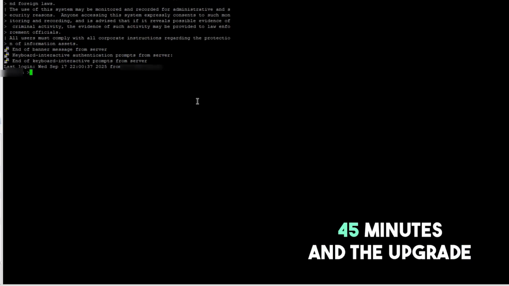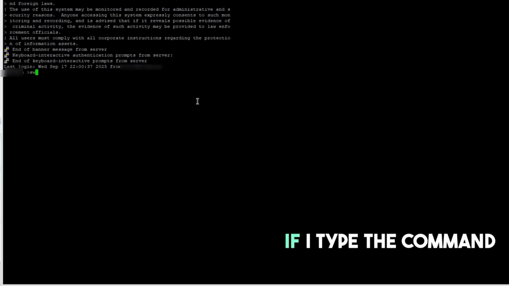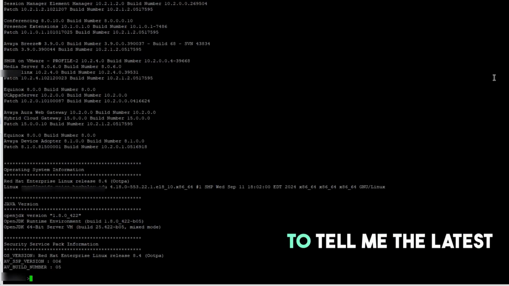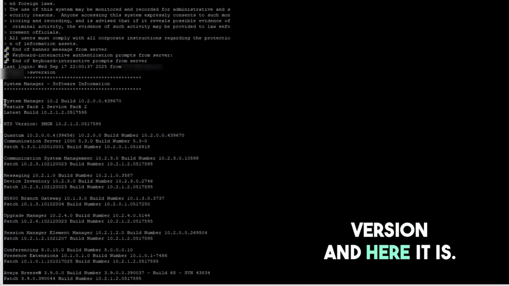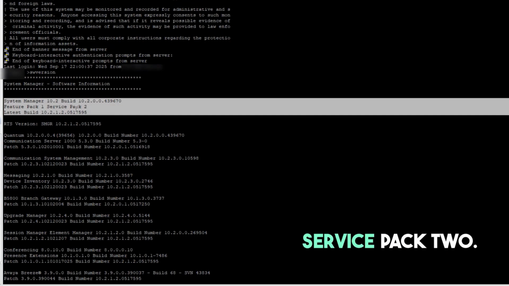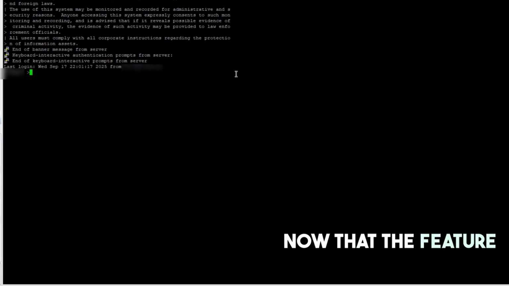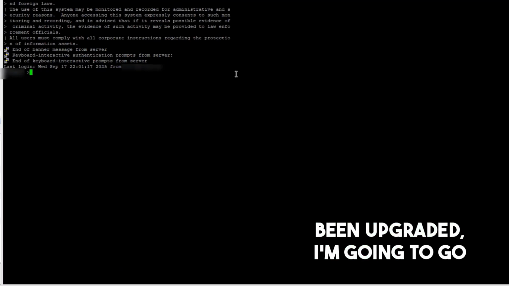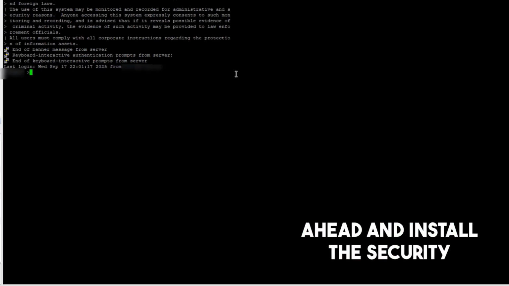All right, it's been about 45 minutes and the upgrade finally completed. If I type the command SW version, it's going to tell me the latest version. And here it is, Feature Pack 1, Service Pack 2. Now that the feature pack and service pack have been upgraded, I'm going to go ahead and install the security